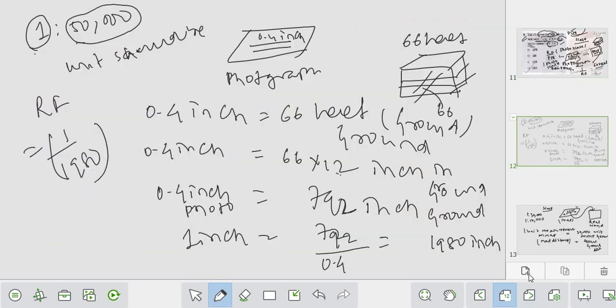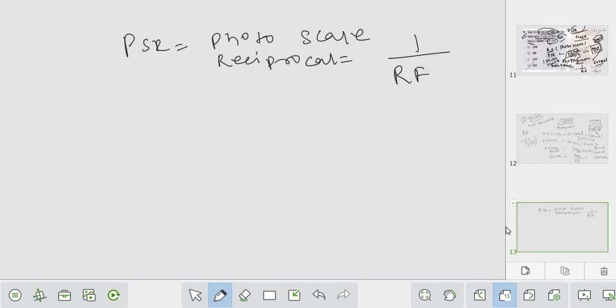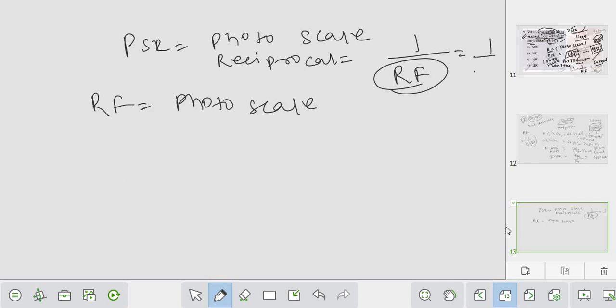Let me add some more. So PSR क्या होता है, फोटो स्केल रेसिप्रोकल. सो इट इज द इनवर्स ऑफ RF है ना, रिप्रेजेंटेटिव फ्रैक्शन. और RF को क्या बोलते हैं, फोटो स्केल बोलते हैं. ओके, सो वी कैन राइट द PSR इक्वल टू 1 by फोटो स्केल ऑल्सो. ओके,